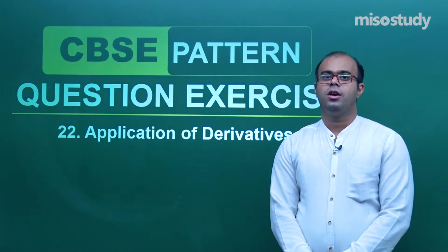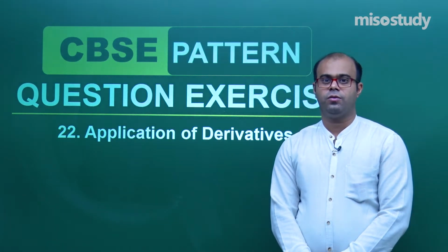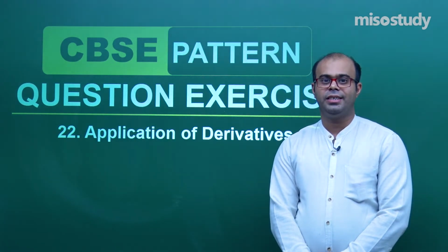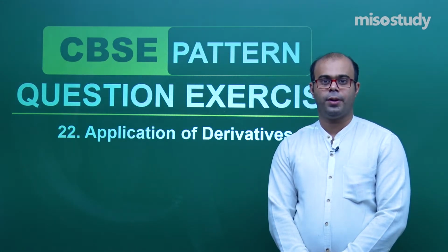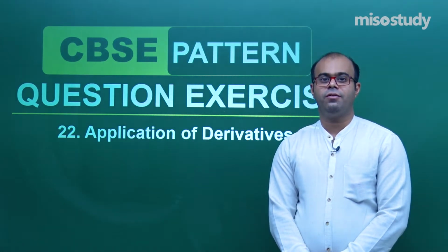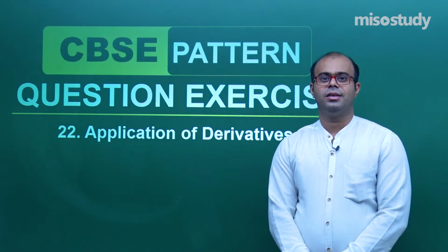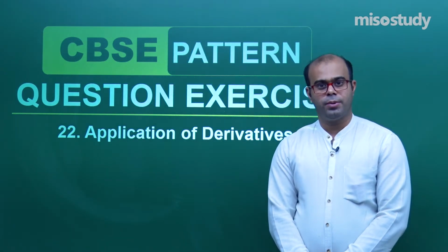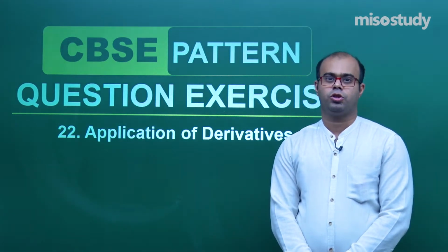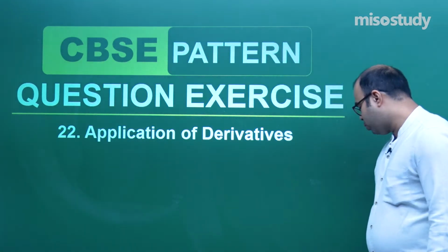If I recap, approximation was one topic, increasing and decreasing functions was another topic, and maxima and minima was also a topic. You also found dy by dx as a rate measurer, which was also a topic, and these were mainly the topics we are dealing with. Based on these topics, we will deal with some questions. There will be 10 questions of different marks. Let us start with the first question,